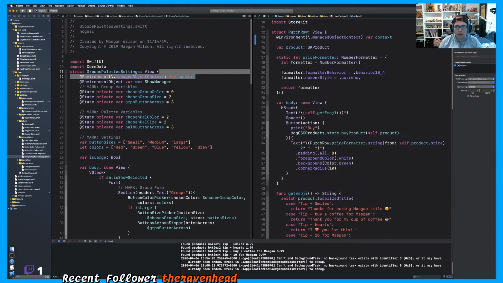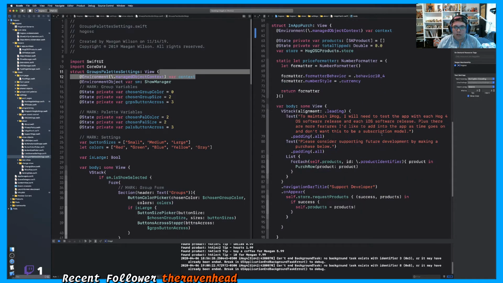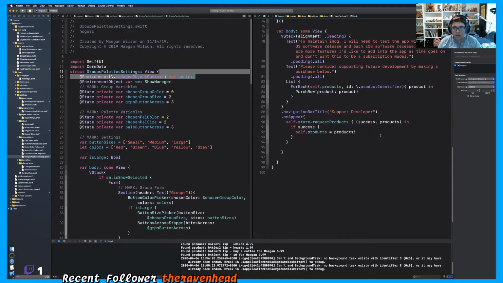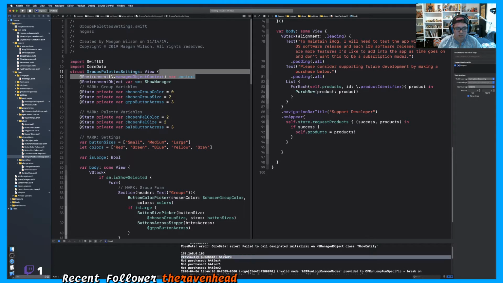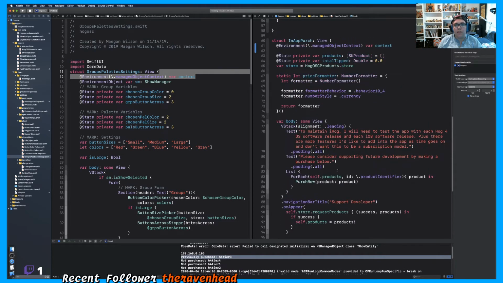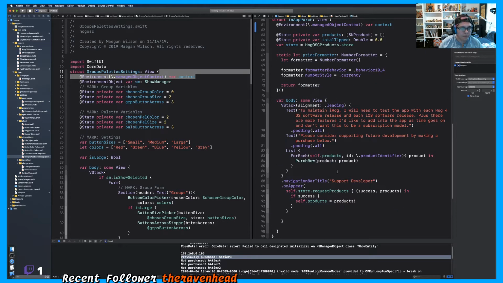So now we're gonna go into, okay, so basically what we need to do is HogOSCProducts, that's stored up by product. So there's a couple different things we have to do here first. One being when we do the check if it's been purchased or not. And then, I think that's still going to be up here. That's going to be in the original file. And then in that original file, if it hasn't been purchased, then we need to implement it. If it has been purchased,